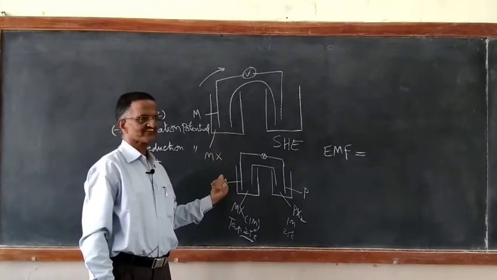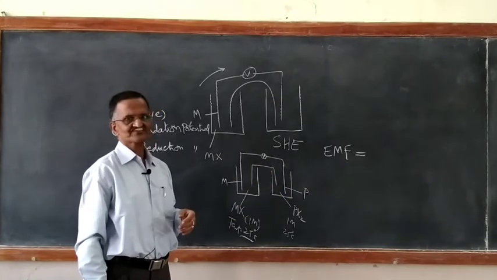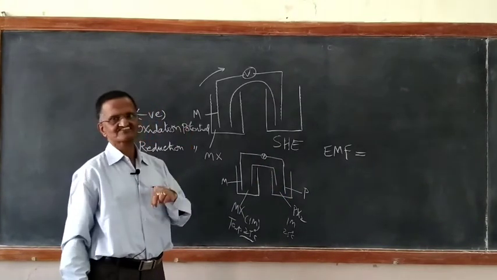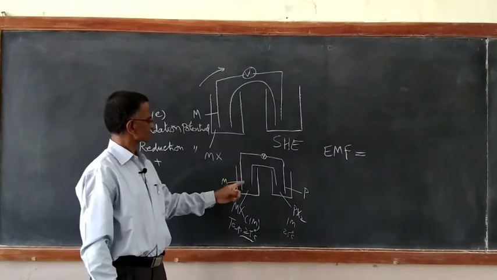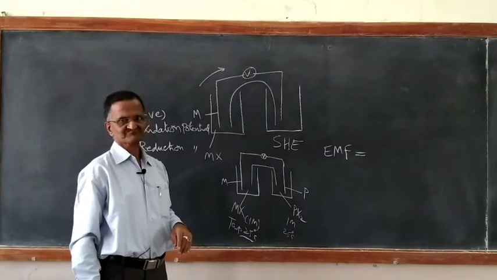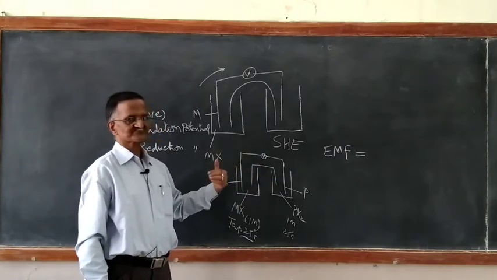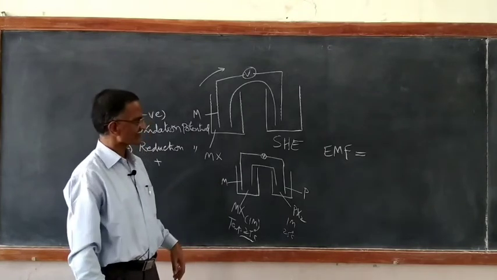Either it must be in the oxidation term or reduction term. Now I can find out the difference. How to find the difference? There are two ways. What are the two ways? Suppose for these two you have in terms of reduction potential. For these two, if you have electrode potentials in terms of reduction, how to find that?